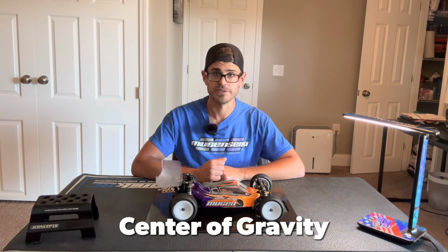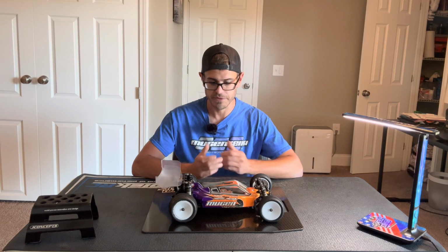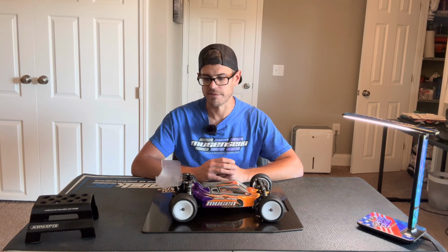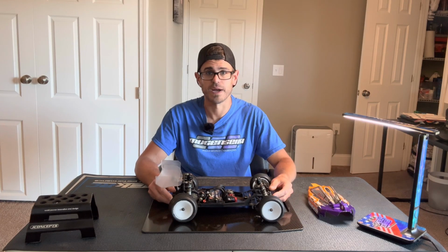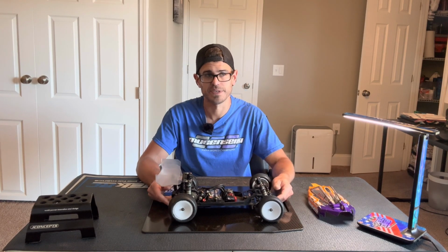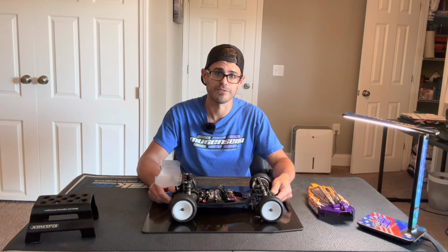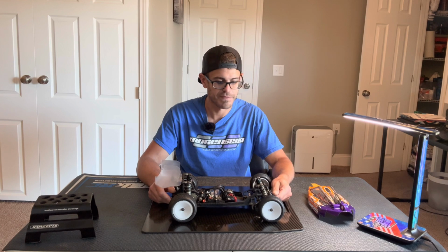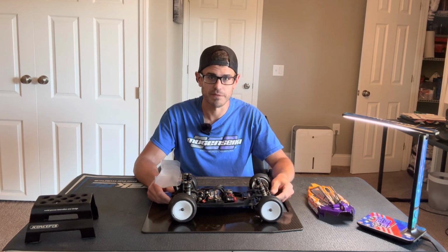All right, rolling right into the center of gravity discussion. So there's a few different things that you can do to raise the center of gravity. I've already talked about the rear wing height. You'd want to consider your ride height. So the general operating range, I think, for low grip applications is, and this is not 100%, but it's usually between 18 to 22 millimeters. I found I typically like to run about 20 millimeters